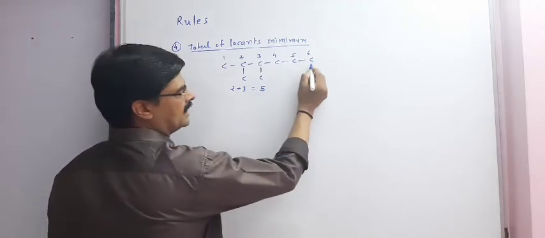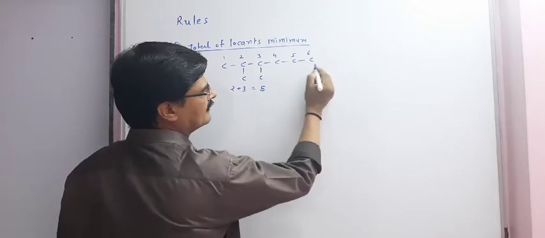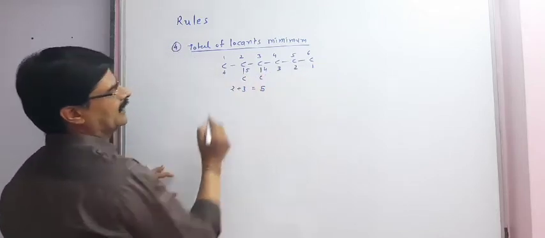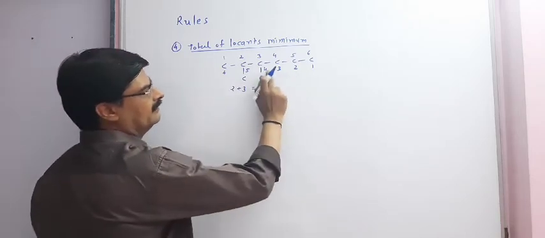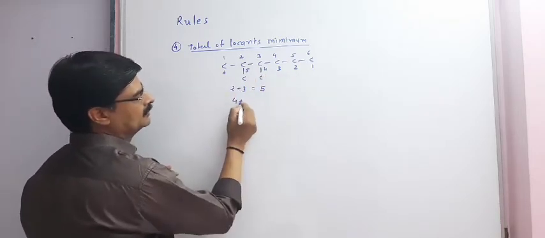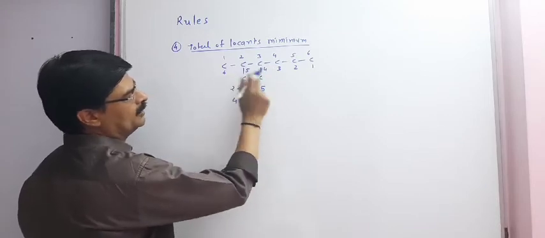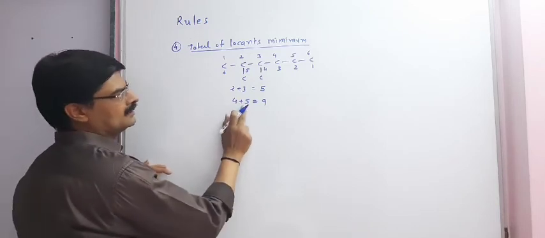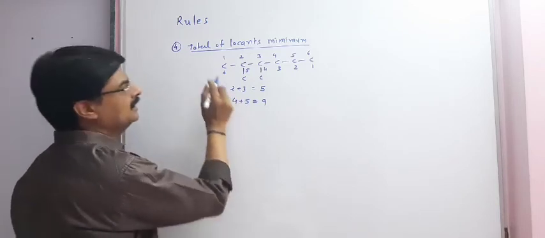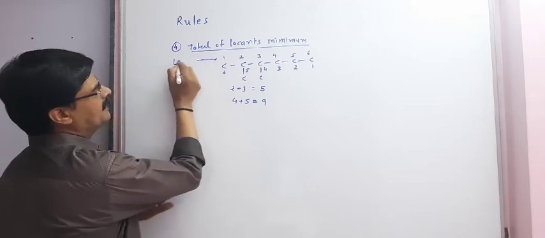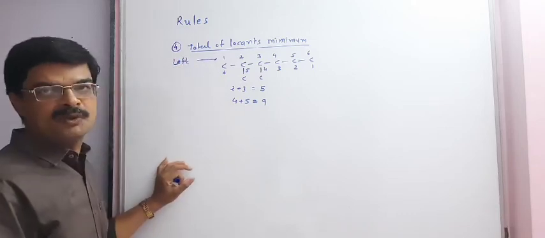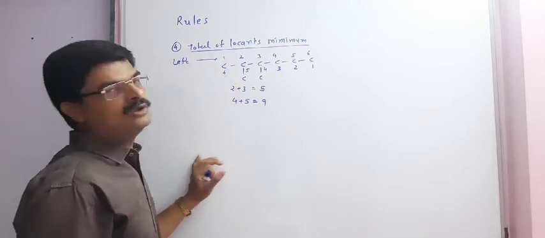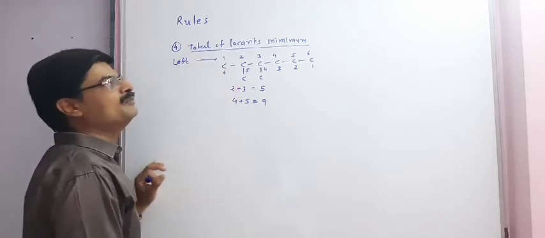But if we had started giving numbers from the right hand side, 1, 2, 3, 4, 5 and 6, then we will get 4 and 5. 4 and 5 dimethyl group means the total will be 9. So the correct order for this compound is if we start from the left hand side, so that the total of substituent locants will remain minimum.